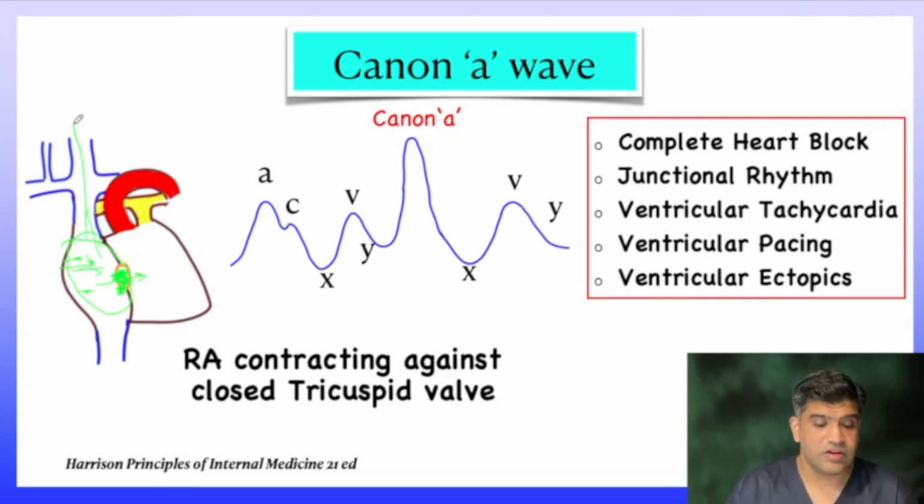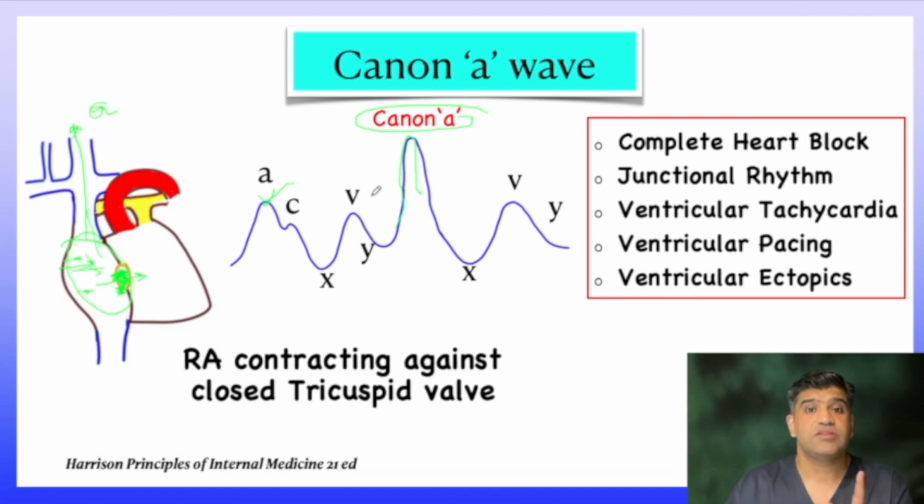So there is a rise in the JVP and it is the rise in the A wave in the JVP, and there is a CANON A wave. This is a CANON A wave. This is a normal A wave. This is a big CANON A wave. So when RA contracts against a closed tricuspid valve, then there are CANON A waves, and these are seen in,